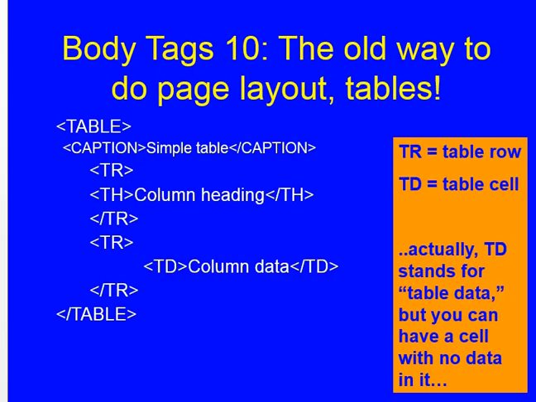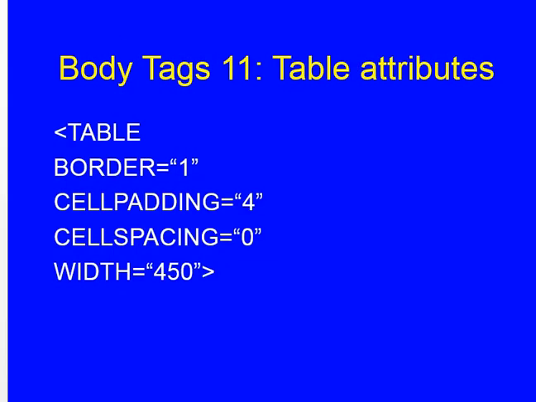In the table tag, tr represents the row, th is the column heading, and td is the column data. So td is actually the data cell and tr is the table row. In a table we also have different properties like border, cell spacing, cell padding, and width. It can be in pixels or it can be in percentage. If it is in percentage, it is calculated from the outer